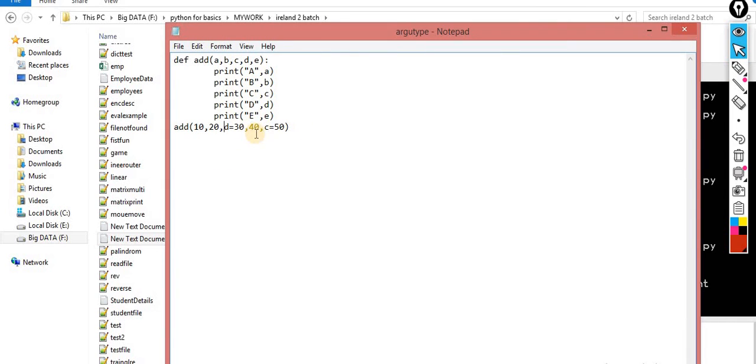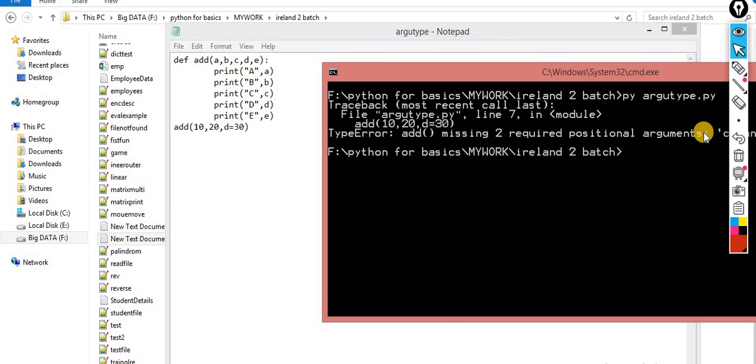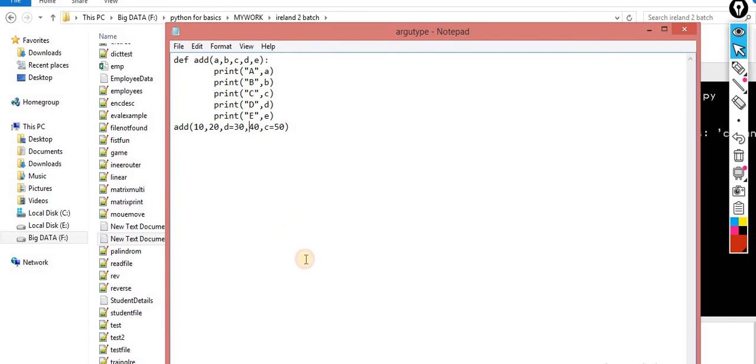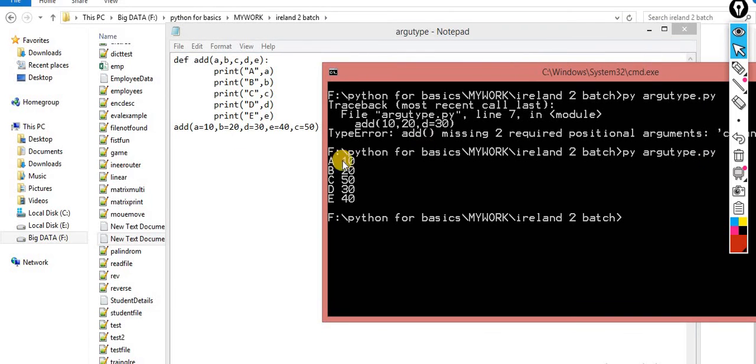Okay, so let me show you one more use case. So let's suppose I didn't pass the 5 arguments as well. Again you get the error message, required 2, missing 2, and you pass only 3 arguments. So keep this point in mind. Okay, so the next one is the default and the keyword arguments. So these are the keyword arguments, as well as A is equal to this one, B is equal to this one. Now these are the keyword arguments, all the arguments are keyword arguments, you will get the error.